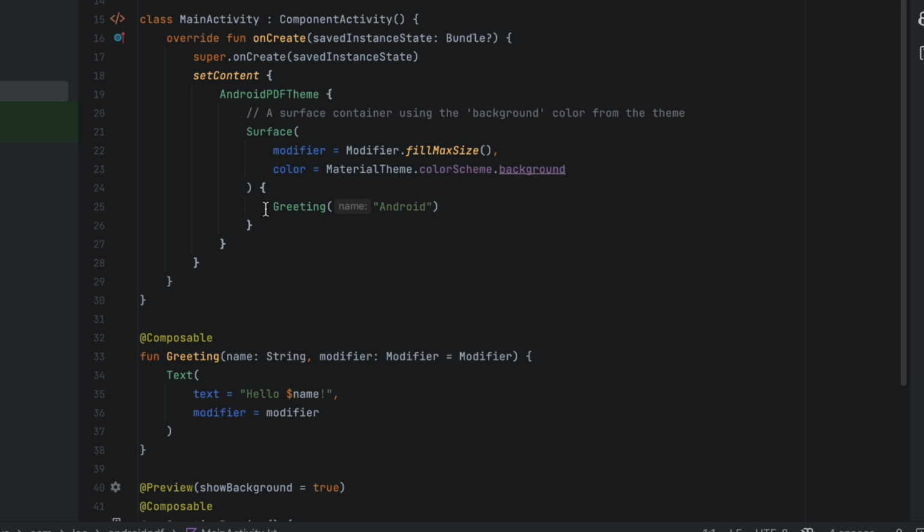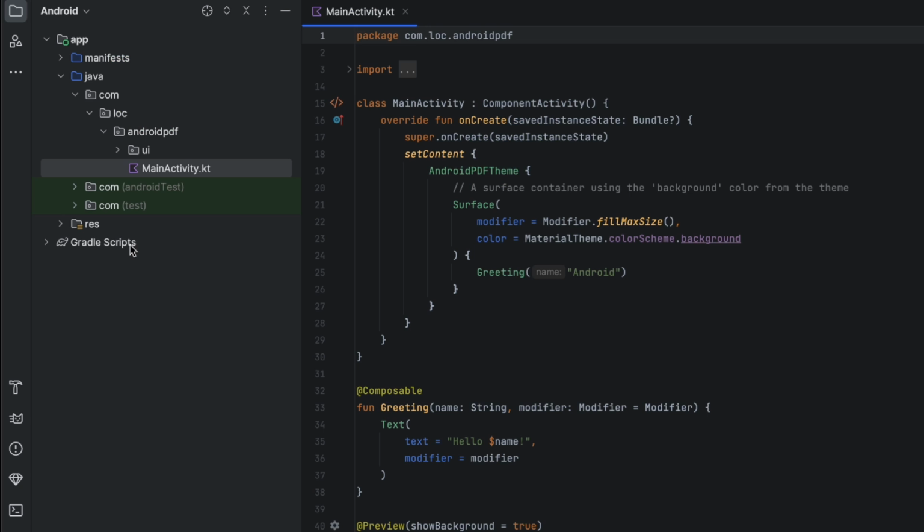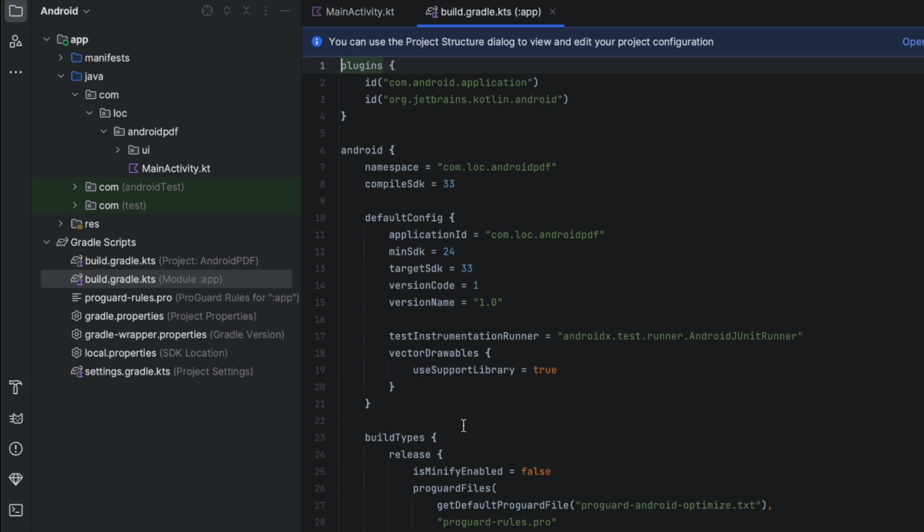Okay, so now I'm inside an empty project. I'm using Compose for the UI. If you use XML, that is okay. We're not gonna build any impressive UI, so you're good to follow along even if you're using XML for building your UI. So now we want to start by adding the dependency of the library we're going to use,